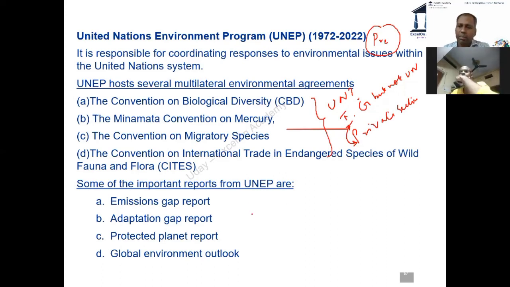Okay. Now, what are the important reports? Reports invariably, so the entire UNEP is prelims. Even the reports are predominantly prelims type of questions. So, what are the various types of reports? Emission gap report, adaptation gap report, protected planet report, and global environmental outlook. So, we are looking at 4 kinds of reports. So, let's